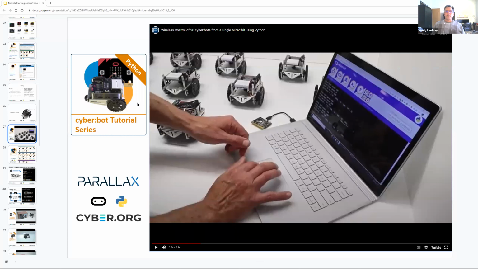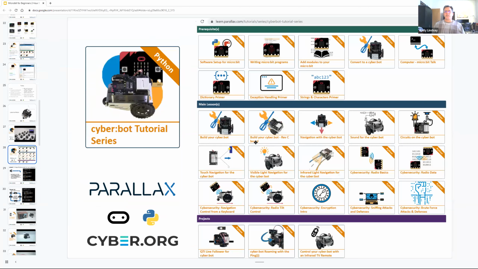And this is also kind of neat for cybersecurity because this radio can be configured to be wide open, just like the internet fundamentally is. And then you have to start adding layers of encryption in order to harden your network so that somebody doesn't hack your robot. This is the table of contents for the Cyberbot robot, and we have all those same computer